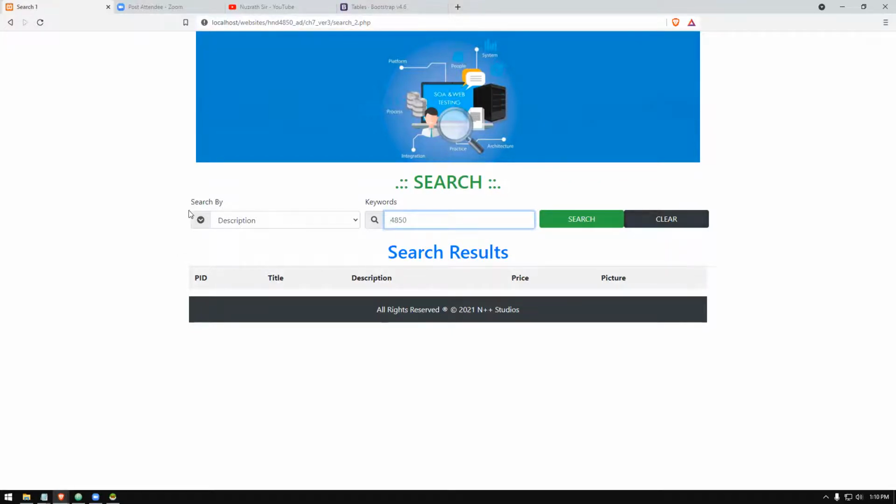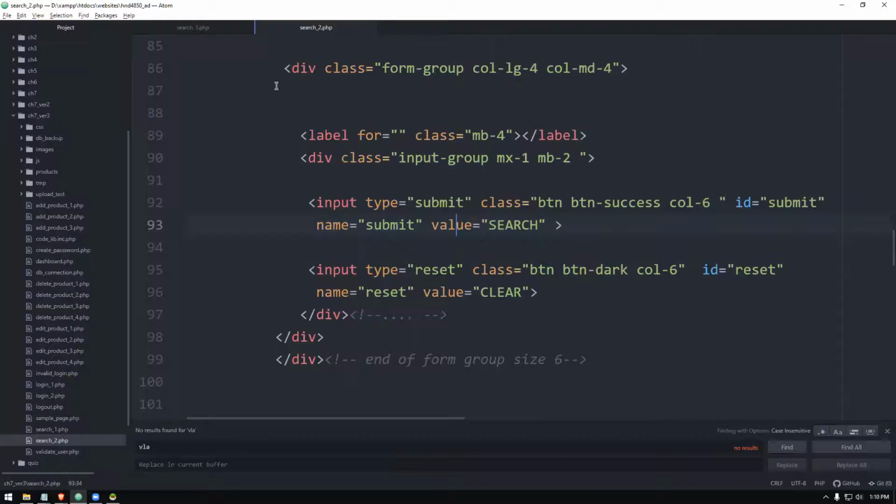The form doesn't disappear. Form is already there. You don't have to go to the previous page, which is search1.php file, to again type a search and search. No need, right? So you can search it from this page itself. So when you type and you select something like description, and if you type something here, and if you click search button, it's going to submit to itself and it's going to get searched. No worries at all. Then we build the table. In the table, we have five columns, right? Product ID, title, description, price, and picture. So this is what I built up to now. As you can see, that's all I have built.